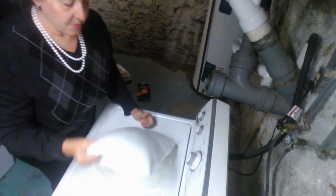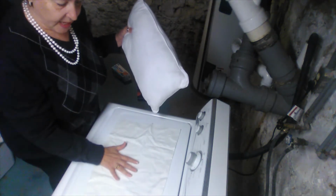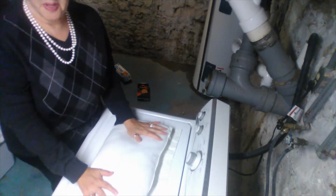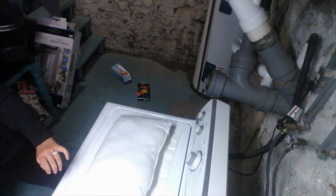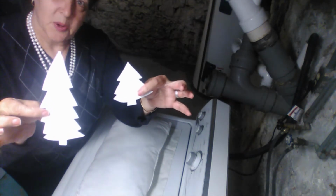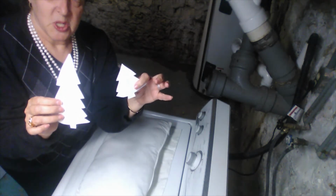So I took an old embroidered pillowcase that had quite a bit of staining on it, and I just cut around the stains, and I'm going to applique onto that to fit onto this regular throw pillow that I already had in one of the bedrooms. So I'm going to do that for a couple of pillows, and I've stenciled out some trees from some white cardboard that I had, and I'm just going to put 3 trees across the pillows, and then I'm going to zigzag stitch the fabric on with my sewing machine, and I'll show you how to do